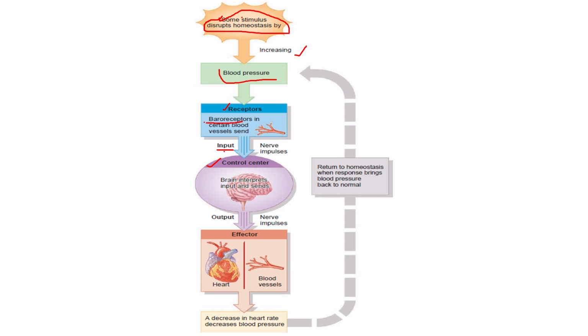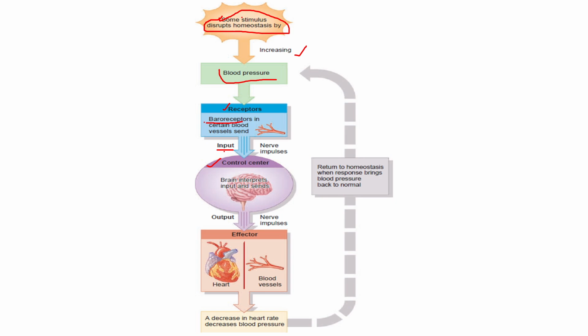Suppose the blood vessel gets dilated, this is the normal lumen size of the blood vessel. When it gets dilated, the lumen size increases. As the lumen increases, the pressure exerted by the blood on the wall of the blood vessel is reduced,